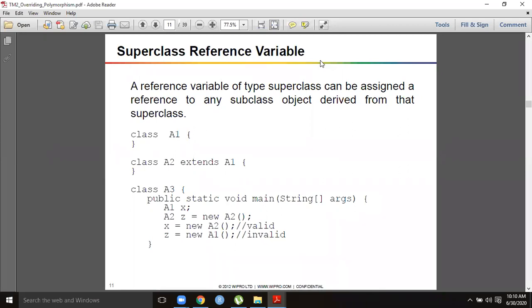Subclass A2's object means this particular concept is much required when you perform or execute runtime polymorphism through a wonderful concept called dynamic method dispatch. Dynamic method dispatch means, in general, before the dynamic method dispatch, the method invocations and the order sequence are in general decided at compile time, statically.